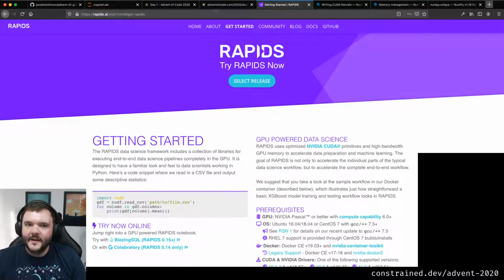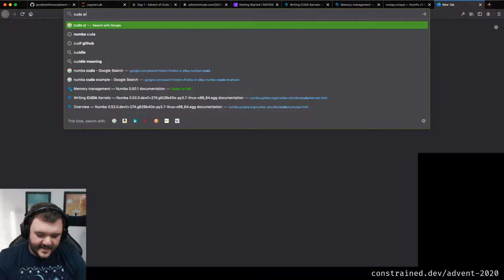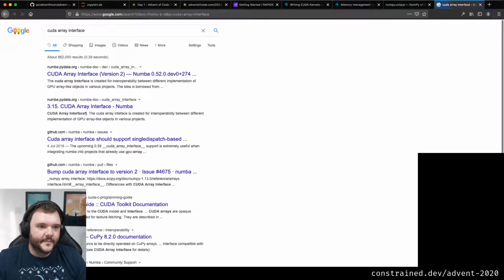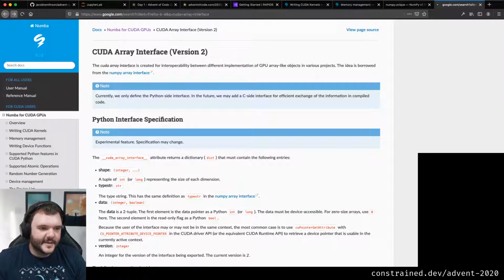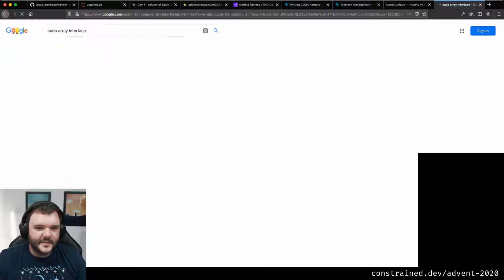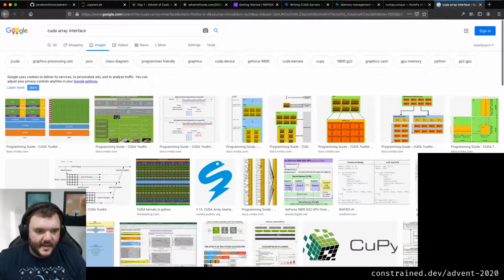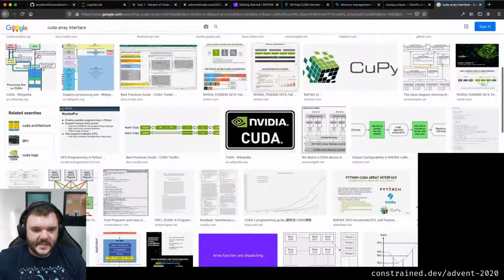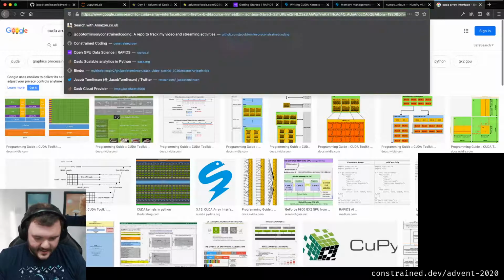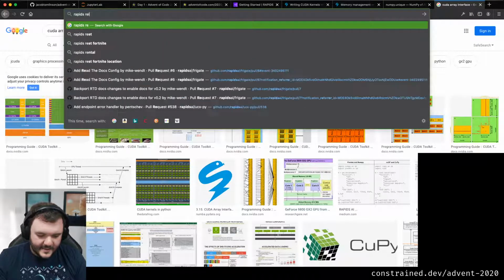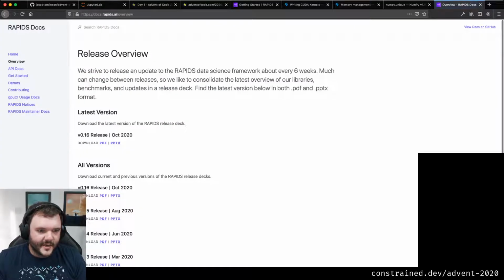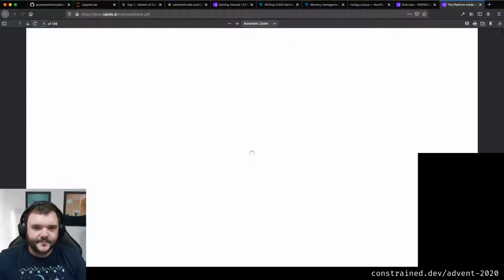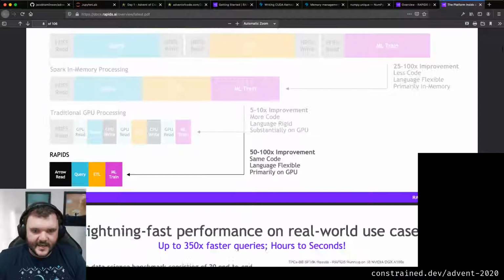So we have the CUDA array interface. I'll Google it quickly. That's in the Numba documentation, but that might not be the best place to find it. Maybe there's an image. There's a slide I'm thinking of, actually. The Rapids release deck. Sorry, you've taken me off on a slight tangent, but that's probably a good thing. Let me try and find a slide in here.